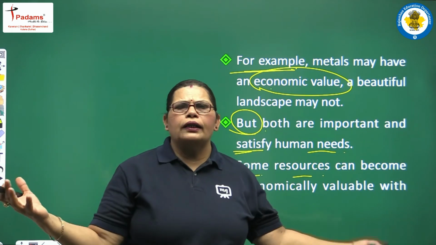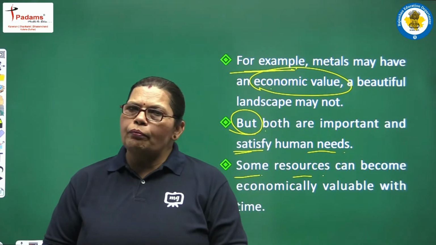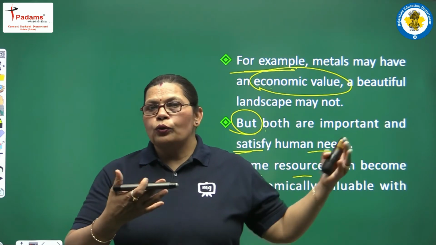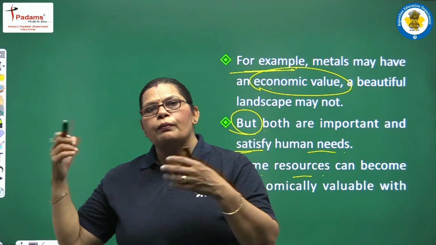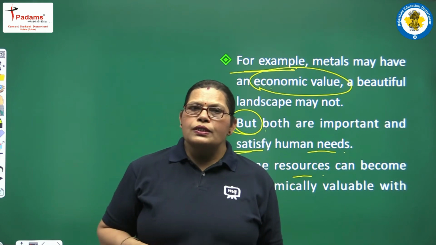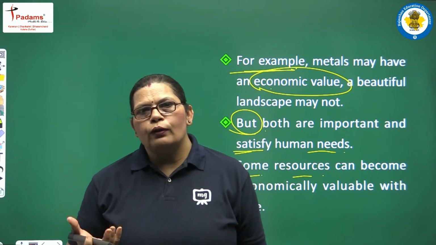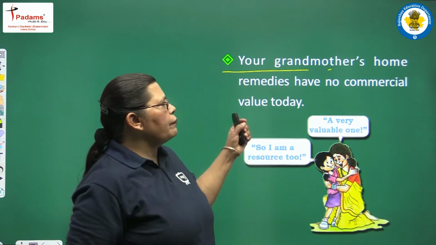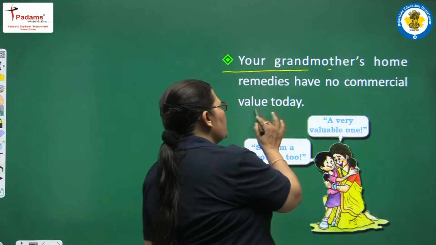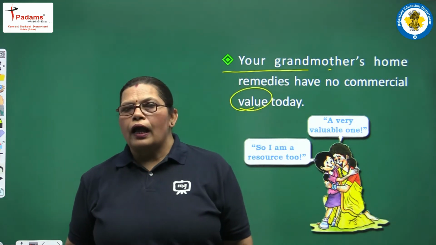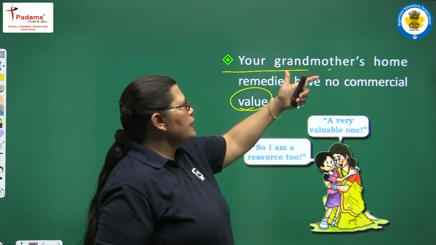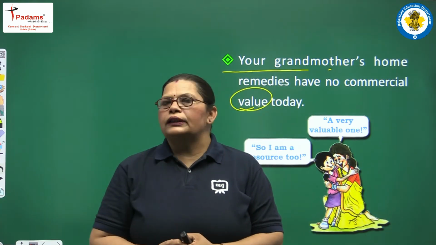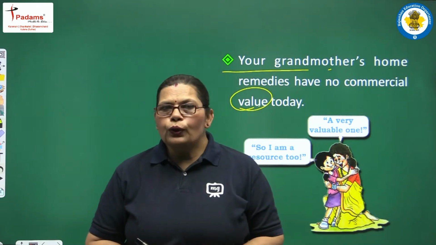आज आप देखिए बहुत ज़्यादा सर्दी पड़ती है या बहुत ज़्यादा गर्मी पड़ती है, तो उस कंडीशन में क्या होता है बच्चों, गर्मी पड़ती है तो हमें पेड़ की छाया चाहिए, सर्दी पड़ती है तो हमें धूप चाहिए. So all these are resources, some had some economic value, some others had not. See, your grandmother's home remedies have no commercial value today because everything is available in the medicine shop. तो आज के ज़माने में हम कह सकते हैं दादी माँ के जो पिटारा है ना, जिसमें बहुत सारी देसी दवाइयाँ हैं, at present no use of that one.